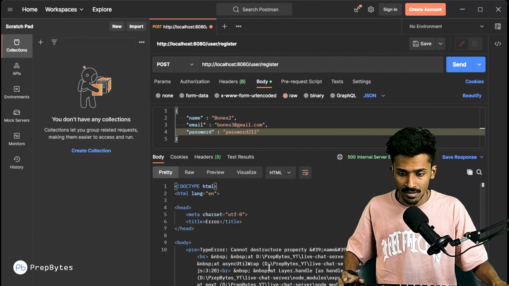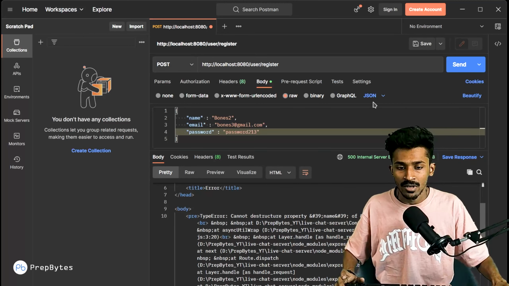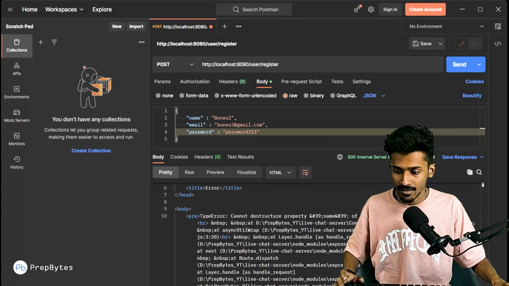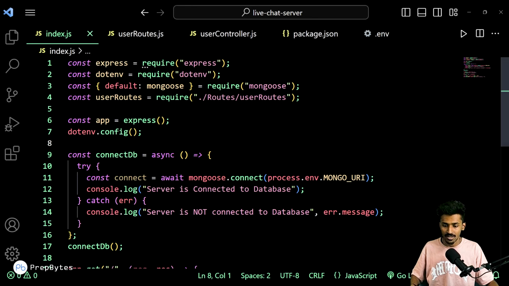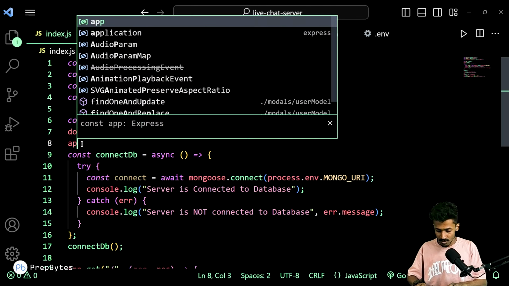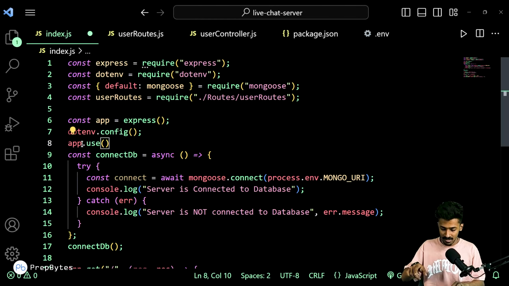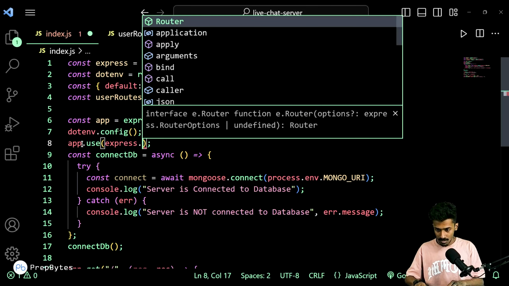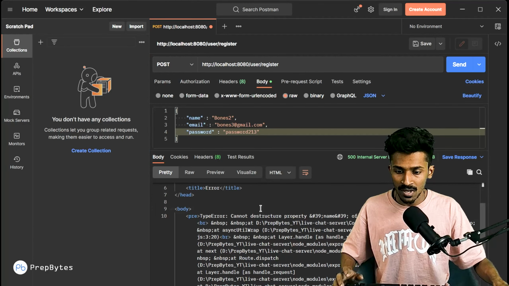Let's send it again. Now we get an error: cannot destructure the property as it's undefined. This is fairly fixable. We are getting the data, but we're not able to destructure it, so we just want it to be able to take in the JSON information. We're going to say app.use, express.json. We want to be able to use this particularly. So if I go into Postman now